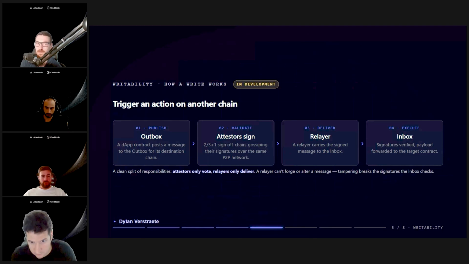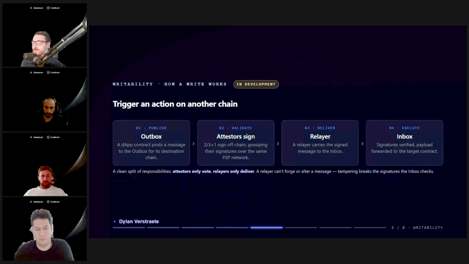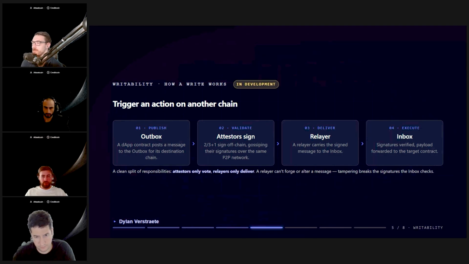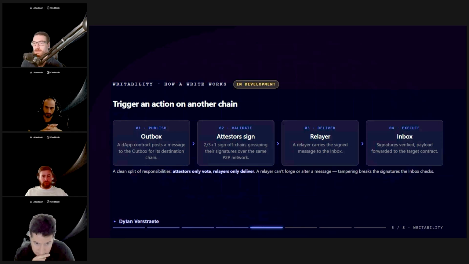First, you have the publish on the outbox. A contract on Creditcoin wants to make something happen on another chain. Obviously, it cannot talk to the other chain. Chains don't talk to each other. So it drops a message into the mailbox, which we call the outbox. Second,